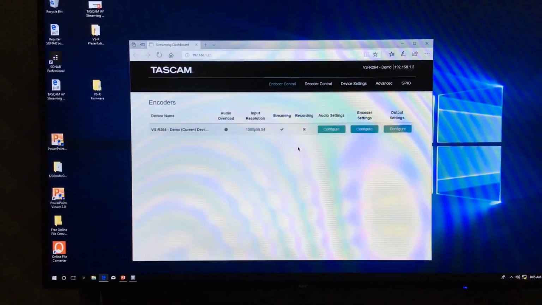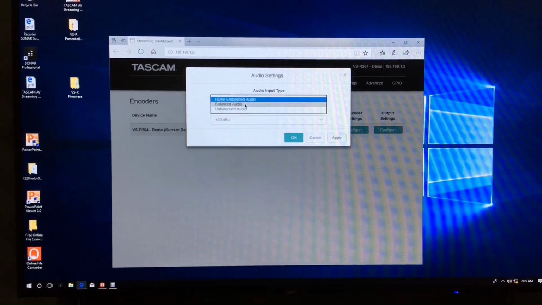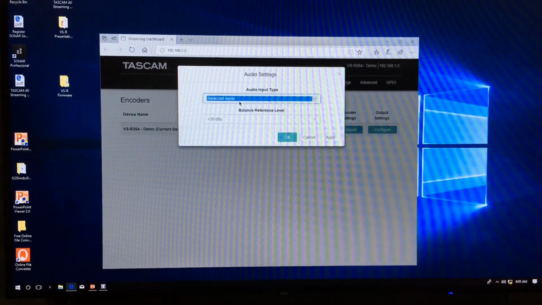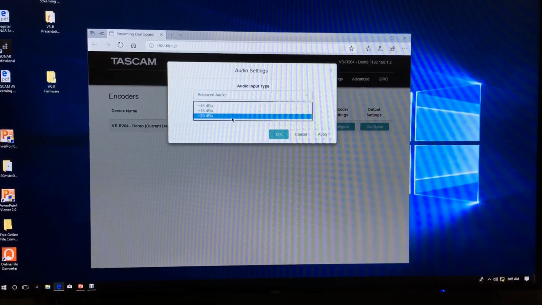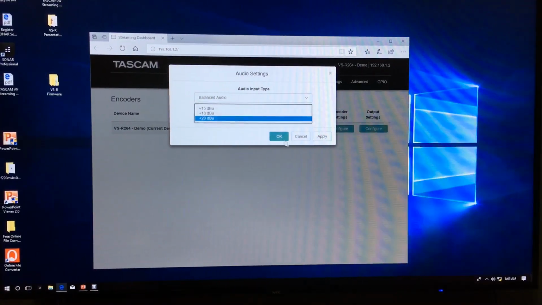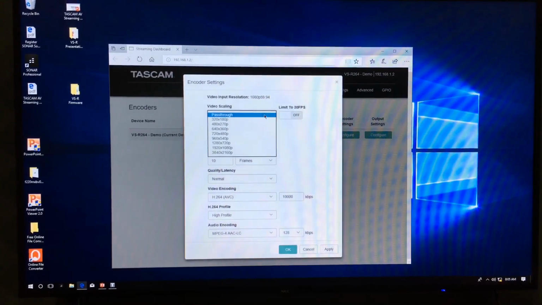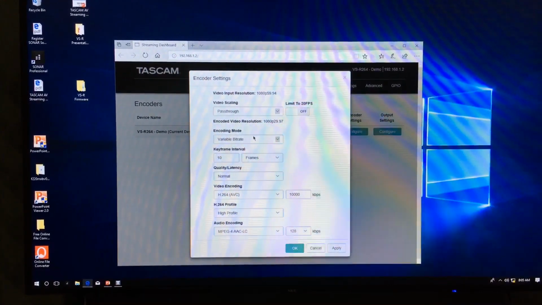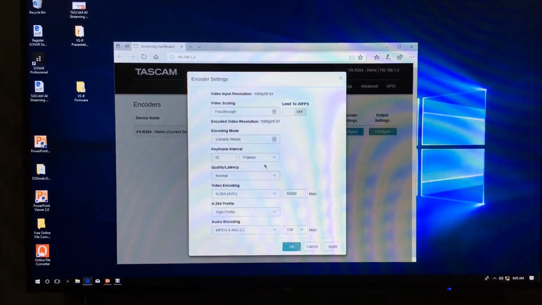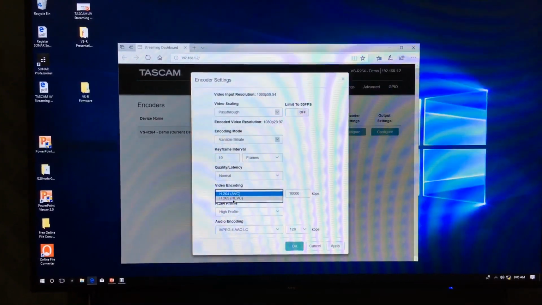Within the web GUI, you can set up the audio configuration. This has pro audio levels, balanced reference levels, so it can integrate with any kind of audio installation. You've got your encoder settings, video scaling, if you want to scale it up or down. You've got your variable or constant bit rate, your keyframe interval, the type of encoding, the type of codec you're using.